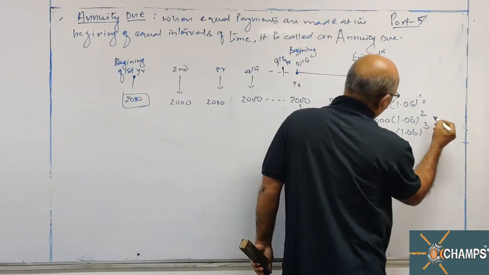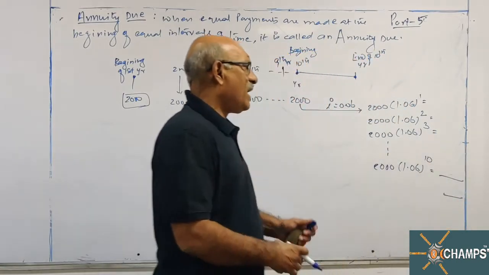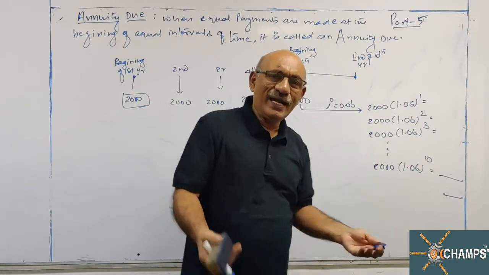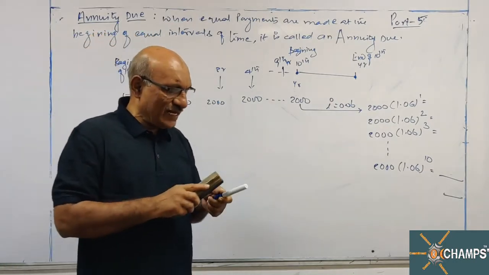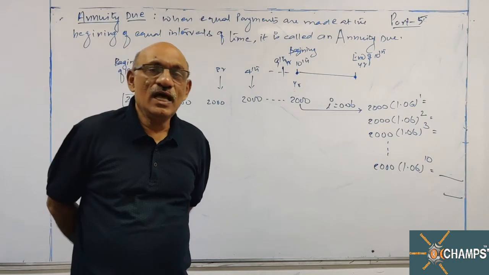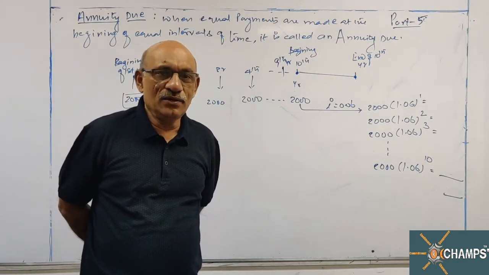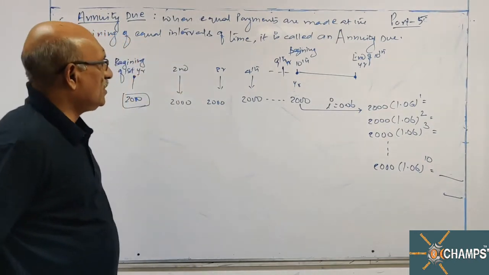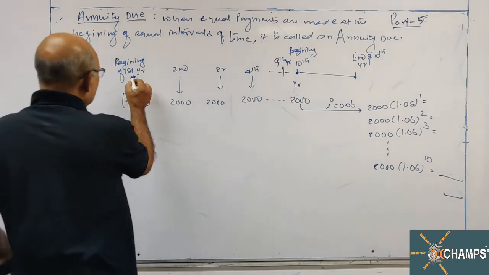So if I find out them and add, what will be the value of this, what will be the value of second, third, this way if I proceed, I'll get an accumulated value. This way, doing each and every calculation is time consuming. I want a single formula with the help of which I can calculate the accumulated value in case of annuity due. Okay, have a look on this one, then I'll go to generalized result for this.